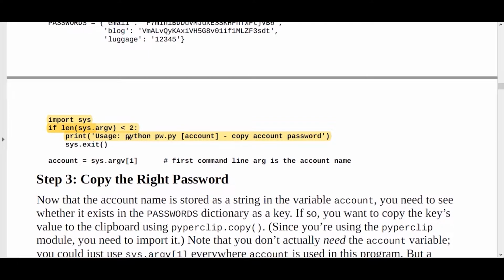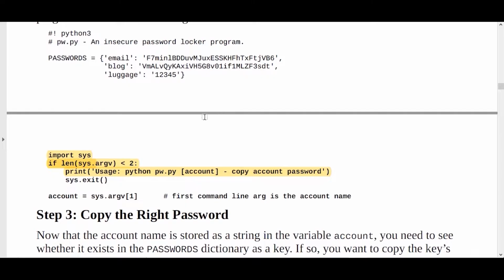This is the actual command line: python pw.py, then the account name. Python is the command and pw.py is the name of the file, and then the account is related to this email or blog or luggage, and then you can copy the account password. This is how the file can be used.